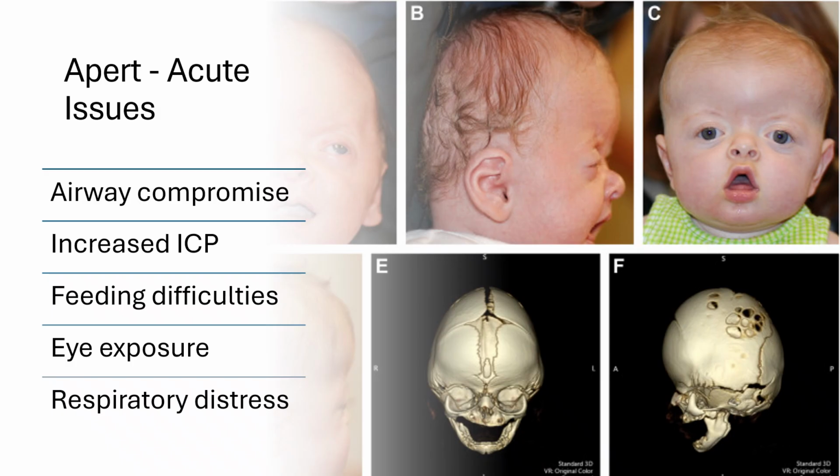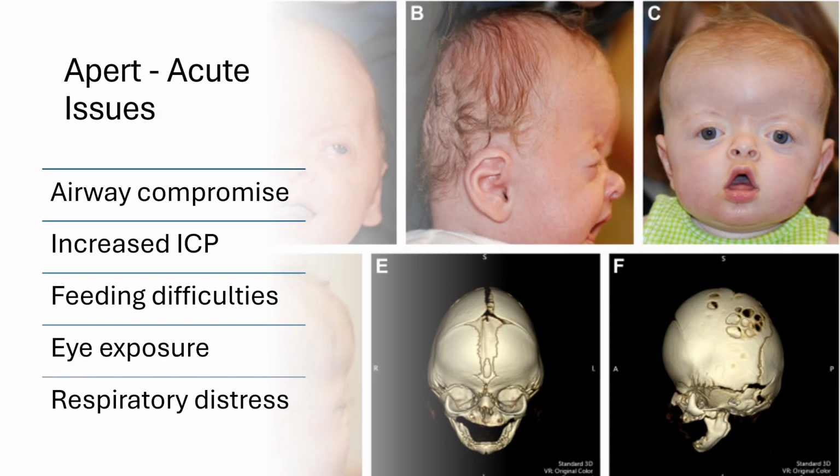Airway compromise develops because the characteristic facial abnormalities create structural problems that interfere with normal breathing. The mid-face hypoplasia, combined with the abnormal skull shape, can create a narrow airway that becomes easily obstructed. Picture how the altered facial anatomy might create bottlenecks in the respiratory system, similar to how a partially blocked pipe restricts water flow. This breathing difficulty can become more pronounced when the baby is lying flat or during feeding, making